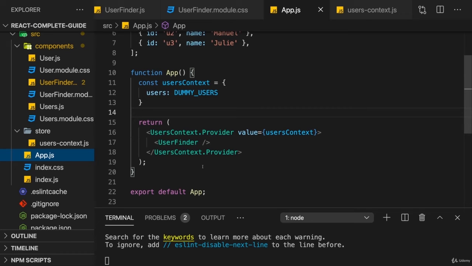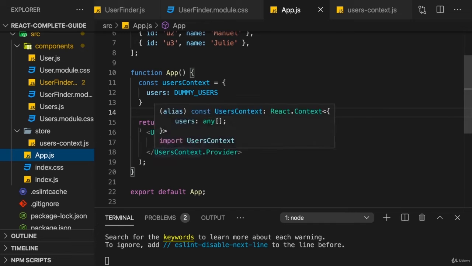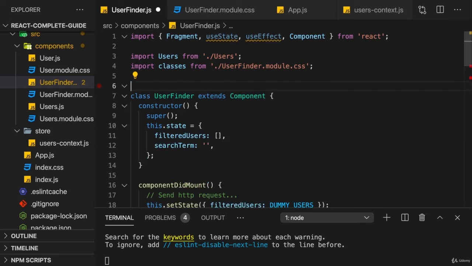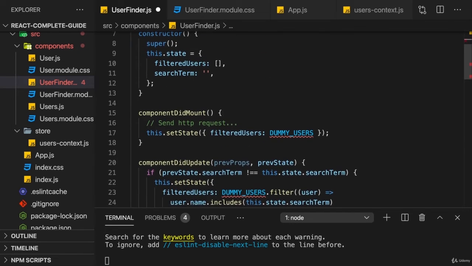The only part which changes when you're working with context is related to how you use it in your class-based components. Now, I haven't added any code for using context up until now, so therefore let's go to the user finder and think about how we could add it there. There, let's say, I no longer want to work with the dummy users defined in this file. I no longer want to get my data from there, but instead I want to get my data from context,